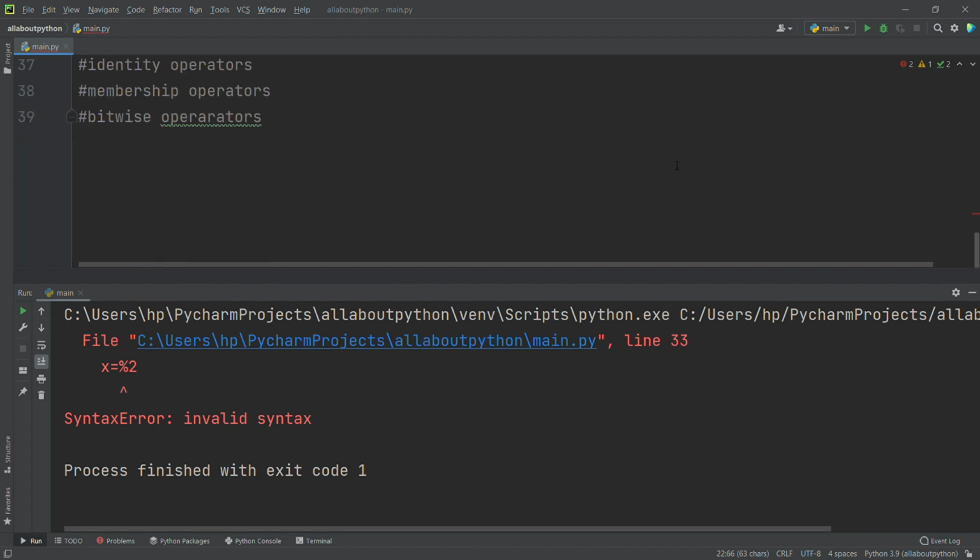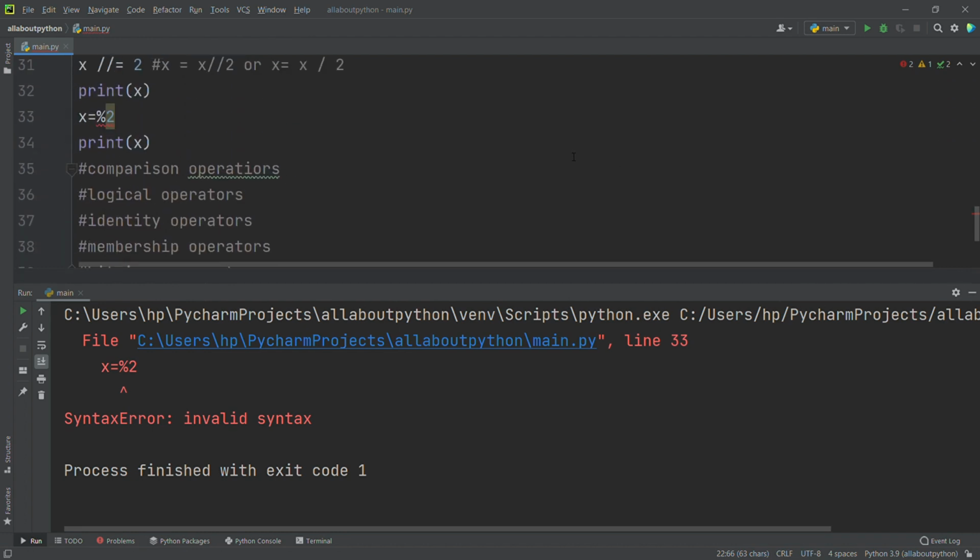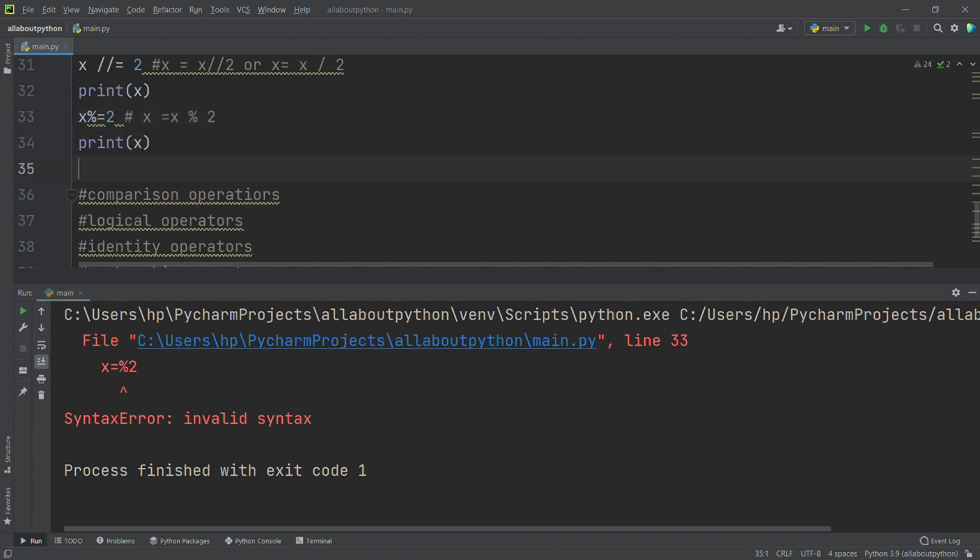The way they are is the way we have to work with them. So I have to give the percentage operator in front of the equals sign. So x %= 2 is x = x % 2.